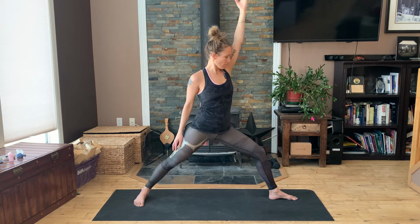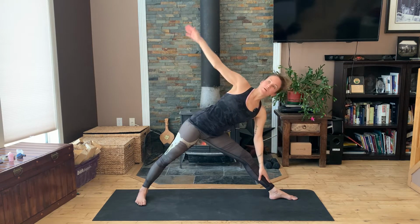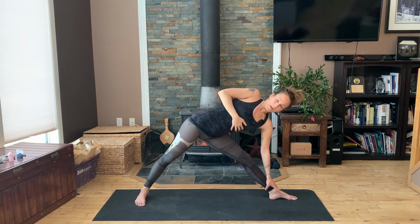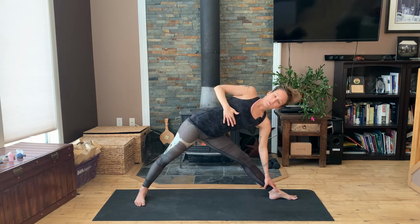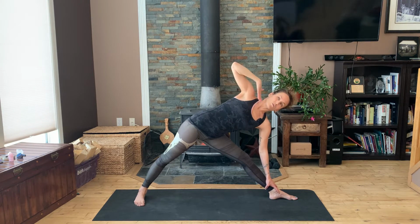Good, straightening that front leg, nice wide. Triangle pose, yeah, Utthita Trikonasana. Reach to the left, hand is down and the right arm to the sky. Okay, take your time with this. Feel the rotation a little bit through that thoracic spine, opening up the chest, broadening through the collarbone and then the front,